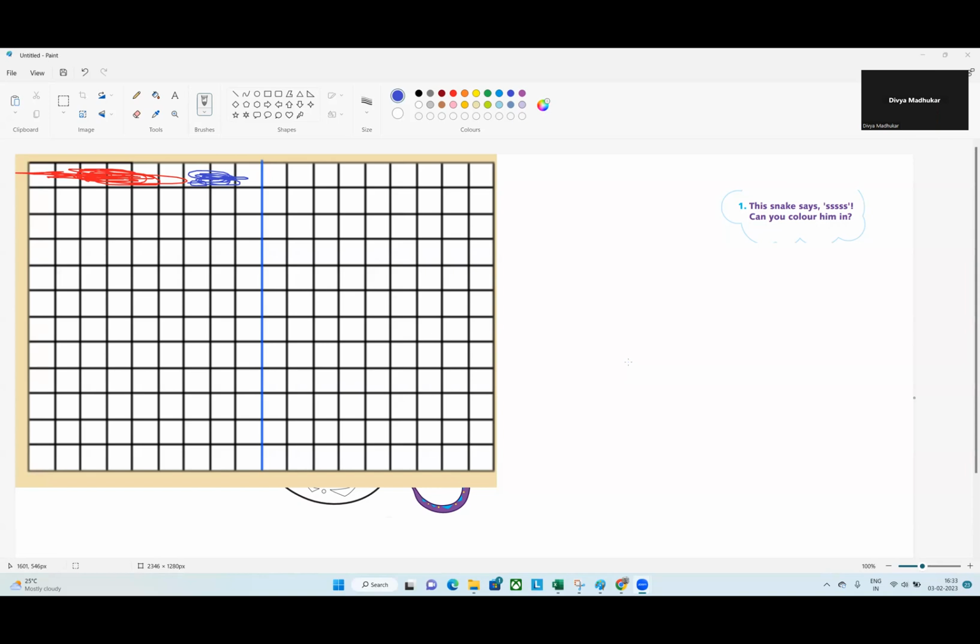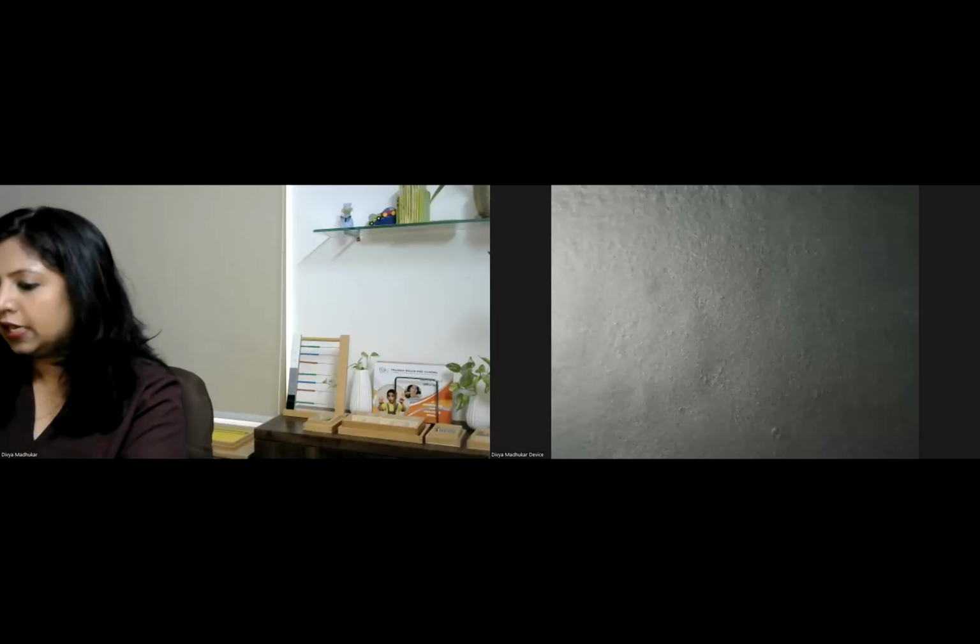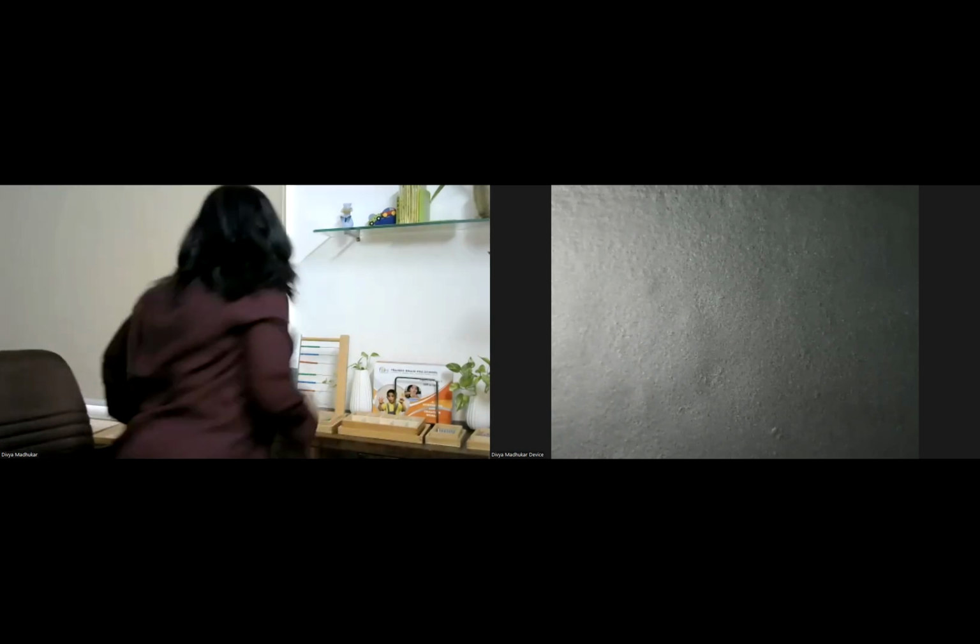Likewise, you also have your division board. The only difference between the division and multiplication boards is that the division board will also look similar, but it is green in color. Let me show you the division board also.